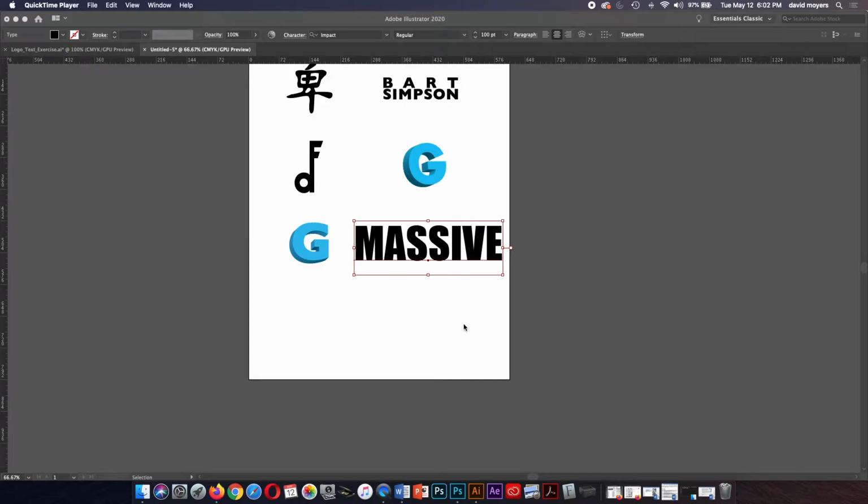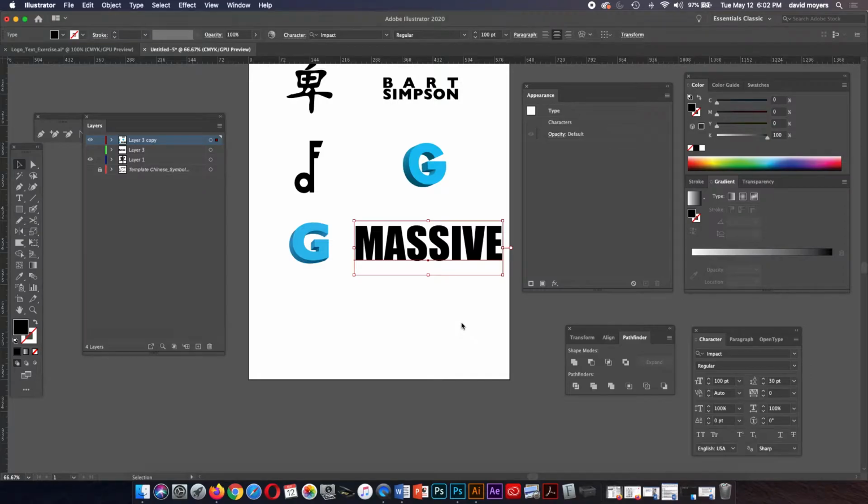be covering how to warp letters, and we're going to be warping this word massive, and how to create a 3D effect with the blend tool. So let's begin. What I have here is I've typed out the word massive,